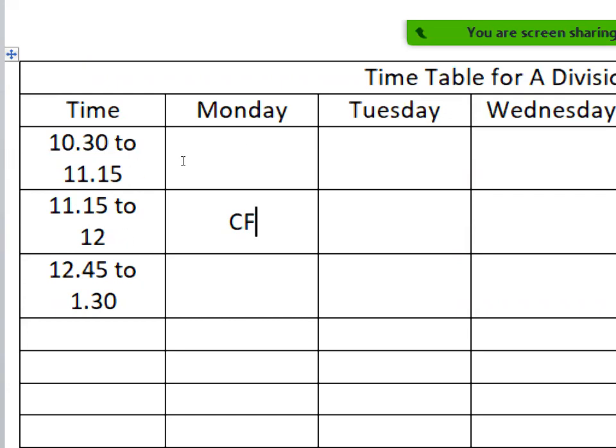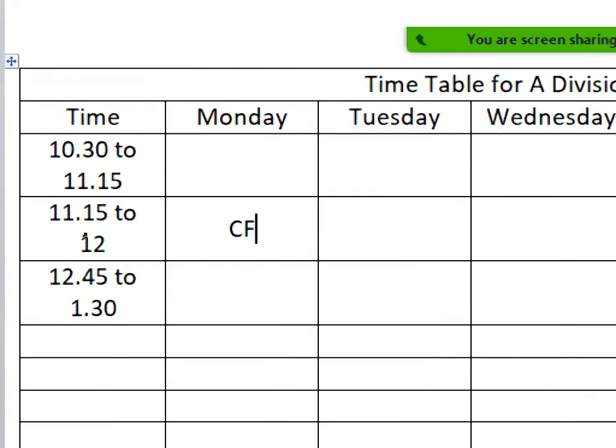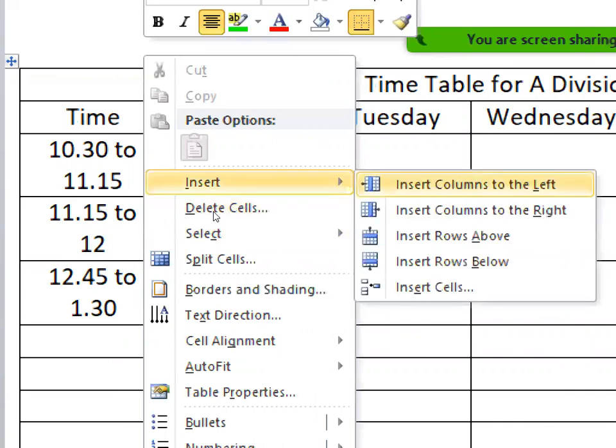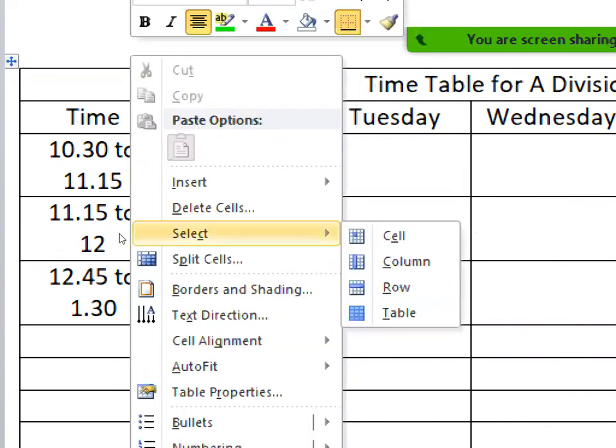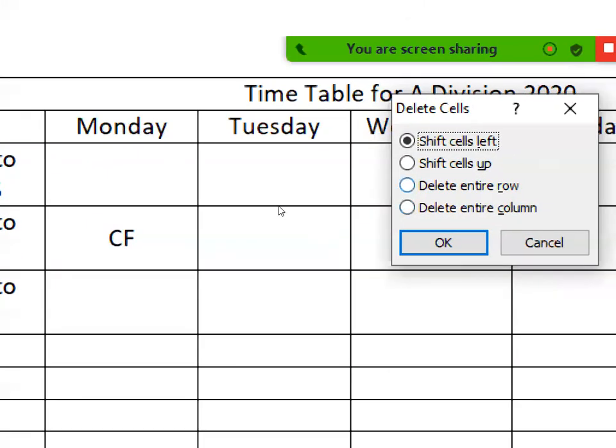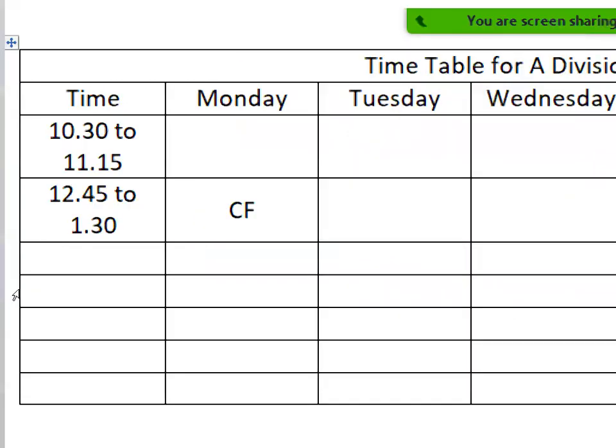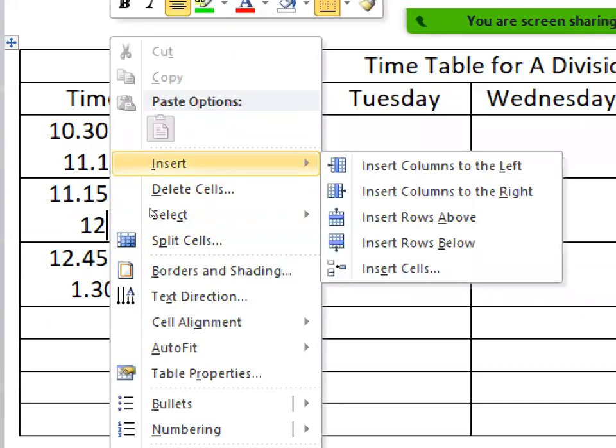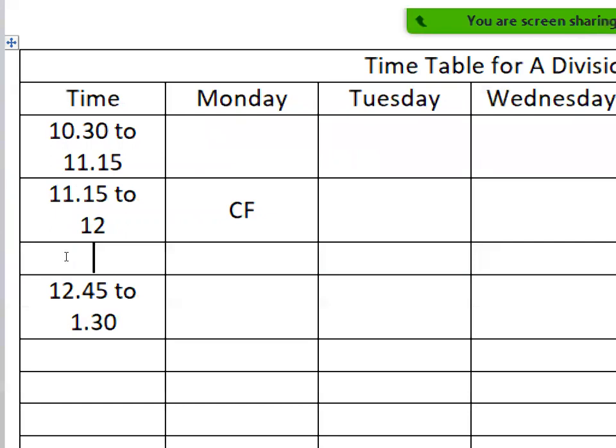Now, similar to the merge cells that we discussed, we have one more option called split cells. For example, on Friday, we'll insert one more column here. I will say shift cells. So here I will say 12 to 12:45.